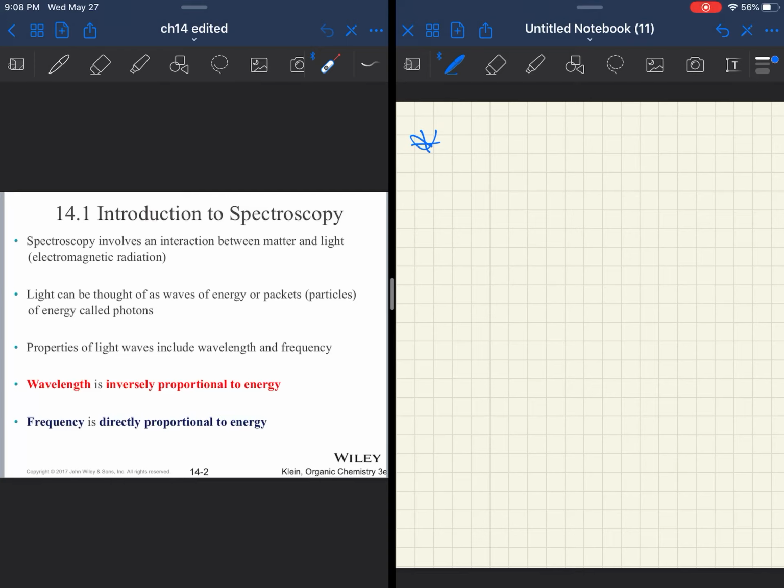We are going to be covering in this unit 3 different types of instrumentation and experimentation that falls under the heading of spectroscopy and spectrometry. We're going to be covering IR, we're going to be covering mass spec, that's chapter 14, and then we're going to hit NMR, nuclear magnetic resonance, in chapter 15. As an organic chemist,